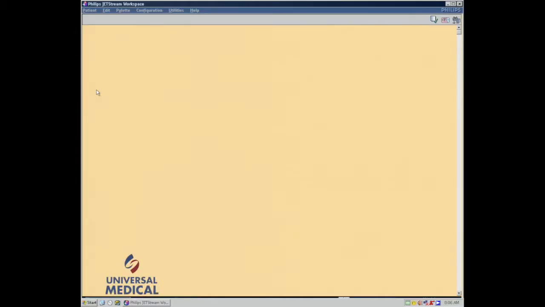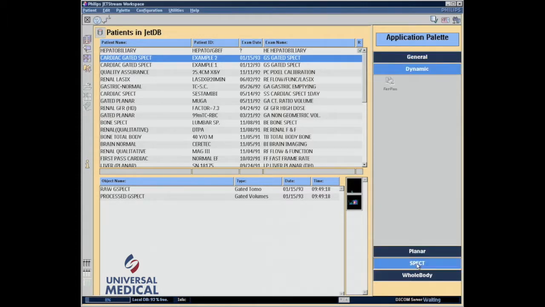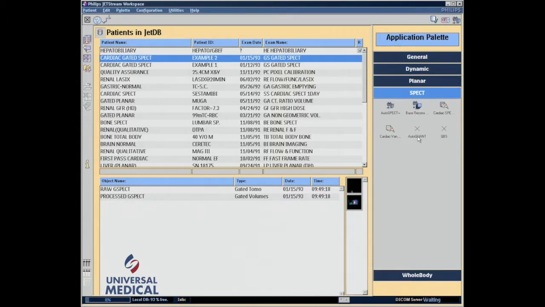In this video, we're going to discuss how we can fix icons, specifically the AutoQUANT icon after the software has been installed. There are instances where when you install AutoQUANT software, the appropriate icon does not show up in your system. To show you an example, I'll click on Patients, open browser, and you notice that in my application palette here under Spec, I do have AutoQUANT listed and I have QBS listed, and I can run the AutoQUANT application,